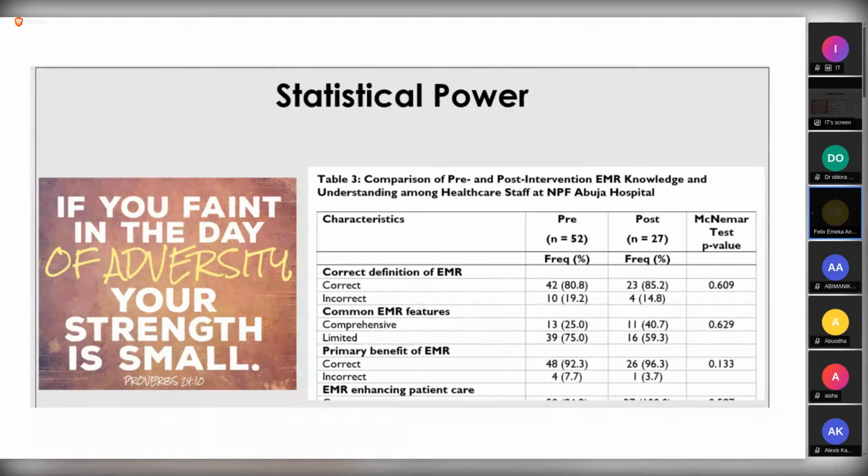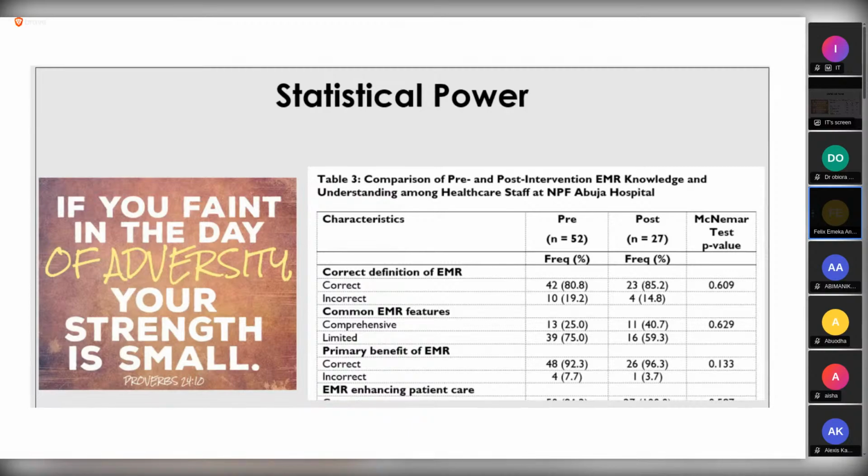But that increase did not show a statistically significant difference because the statistical power is small. Small because we didn't use an adequate sample size that is able to show us a significant difference, if truly a significant difference is there. So that's why it's very important to ensure you have enough statistical power by calculating your sample size. Because if you don't calculate an adequate sample size and you just use any number you find, the association may have a significant difference, but because your power is small, it will show as if there's no significant difference. And that way you'll be committing a type 2 error.